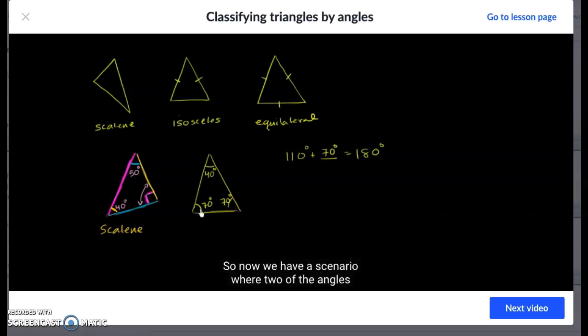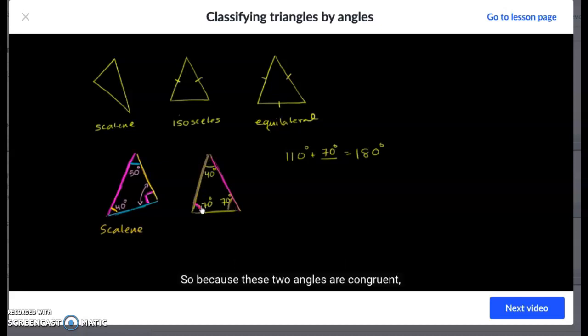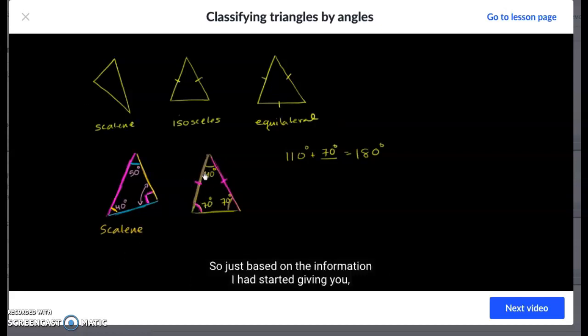And so now we have a scenario where two of the angles have the same measure. One way to think about it is, based on whether this angle is large or small, it's going to define the length of that side. And this angle right over here, depending on how large or small it is, is going to define the length of this side. And because these two angles are congruent, because they have the same measure, their opposite sides are going to be congruent. So this is going to be the same as that. And so just based on the information I started giving you, because you can show that two angles are the same, you can say that this is going to be an isosceles